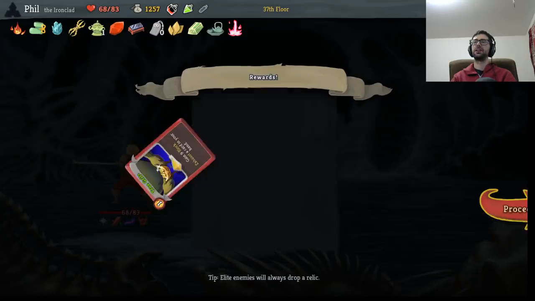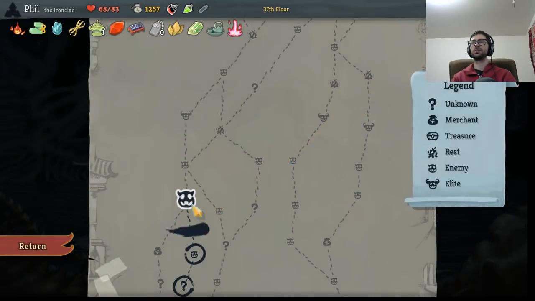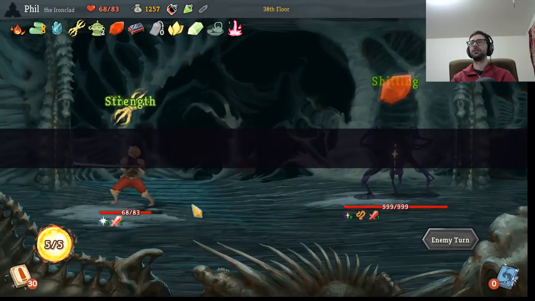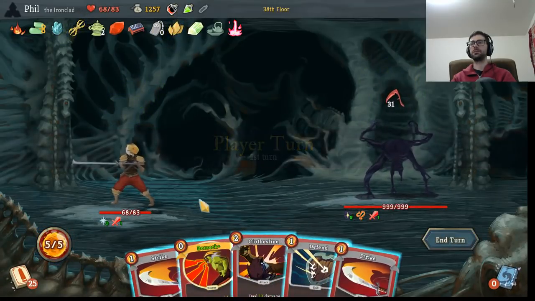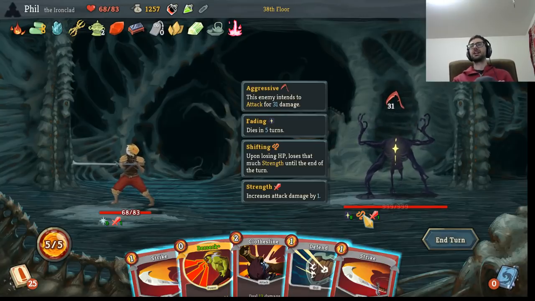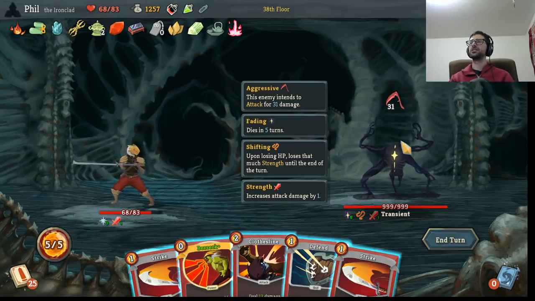Alright. Another block card. That's great. And it also exhausts cards, which is something I actively want. Oh no. I've gotten killed by this thing so many times. Alright, so this thing is weird. It has Fading, which just like in Magic means it disappears after a while. So this will kill itself in 5 turns. It also has this ability where